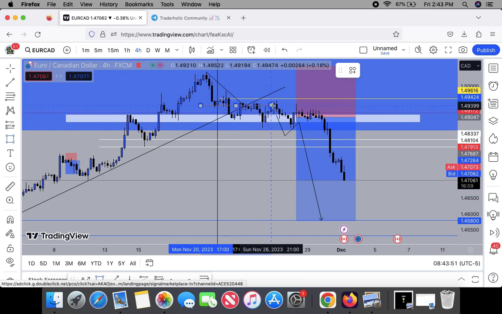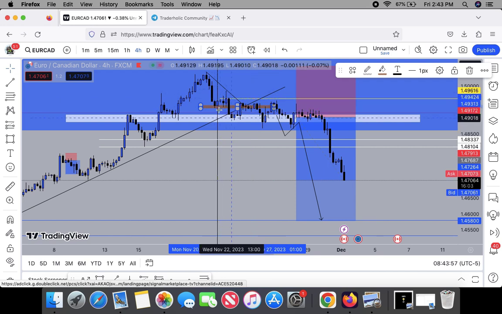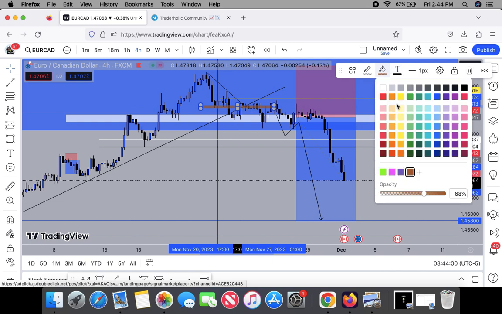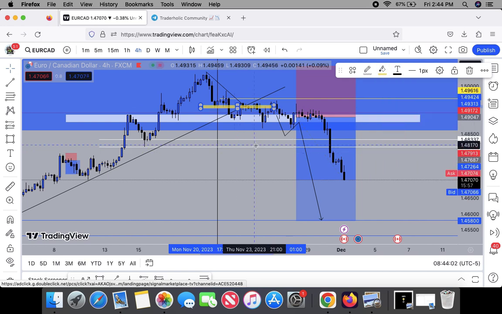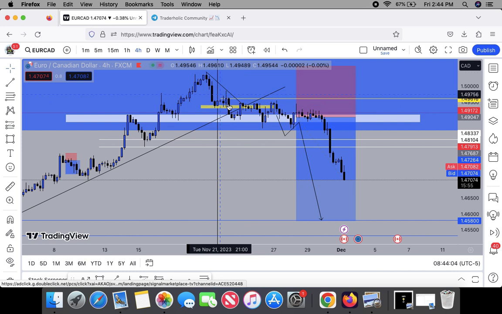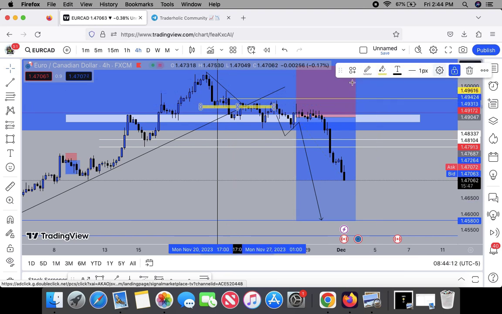So what I did was I marked out this 4 hour low. Marked out this 4 hour low, because when price came here, it has already broken this low. Change it to yellow. So when it broke this low, and look at what we have here, a big displacement. Displacement is a very crucial part of the whole break and retest. So when I saw this displacement, the next thing I was waiting for